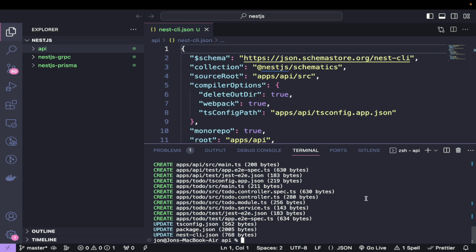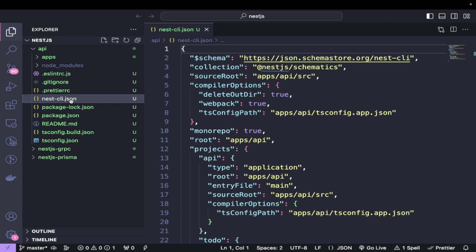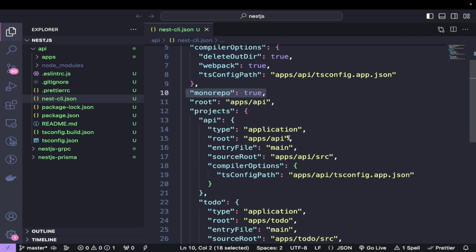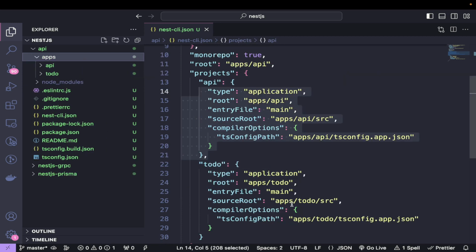Now if I close this terminal, you can see that it had quite a simple CLI here, but it got extended so that this mono repo is true, meaning that we're building multiple projects in the same area. When you build it, you can deploy them separately, but we're able to write the code in this one spot. We can see that it converted our API into its own folder in apps, which is going to be our API gateway, and then we got the to-do